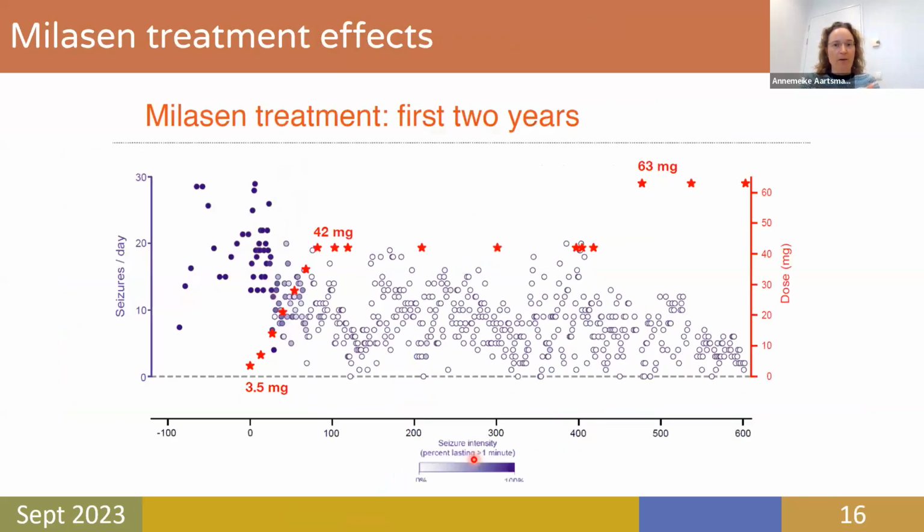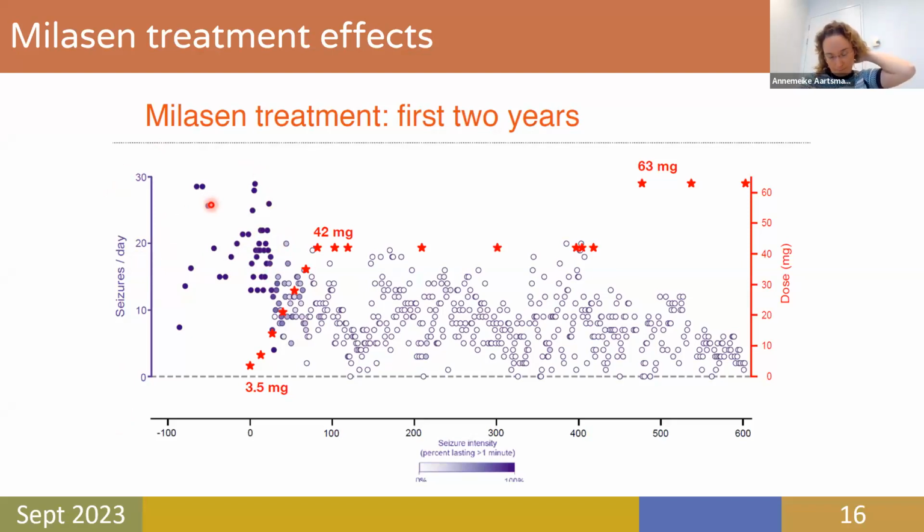Now, the mother of this patient, and the patient was called Mila, and that's why the drug is called Milasen. The mother of Mila kept an epilepsy diary. So she would per day see how many epileptic seizures does my daughter have, how long do they last, are they very short or are they long? You see here before the treatment that on average, Mila had more than 20 epileptic seizures, and they generally lasted